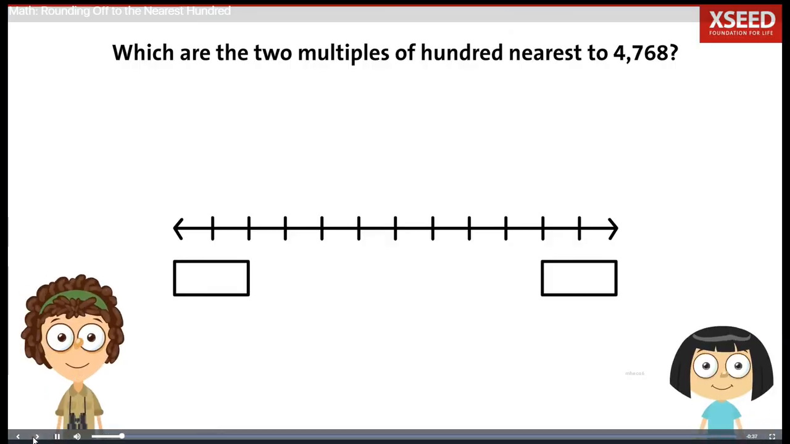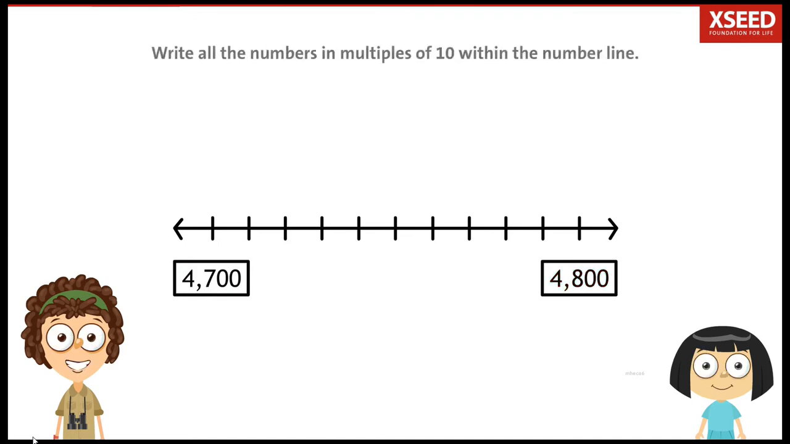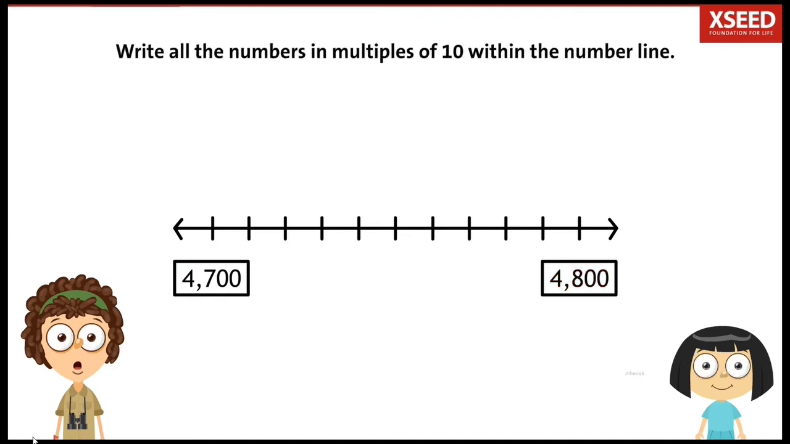Mia, which 2 hundreds have you written? I have written 4,700 and 4,800. Good, Mia. The nearest 2 multiples are 4,700 and 4,800. Now, write all the numbers in multiples of 10 within the number line, starting from